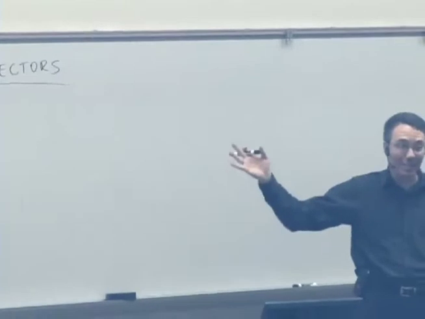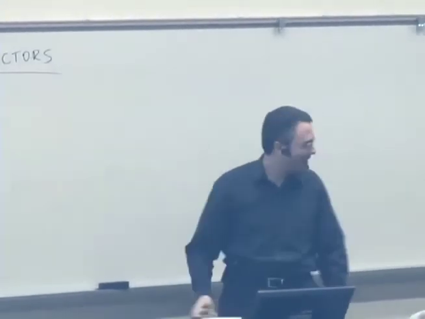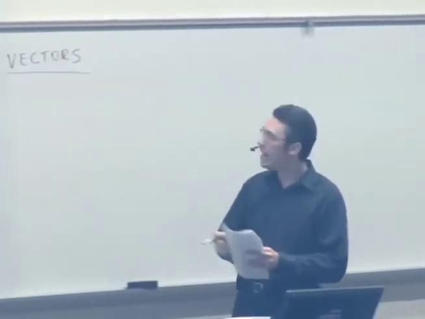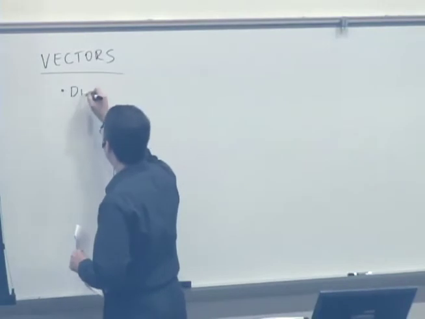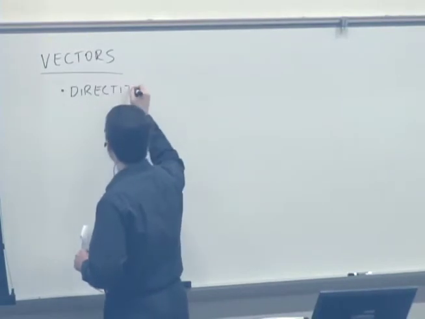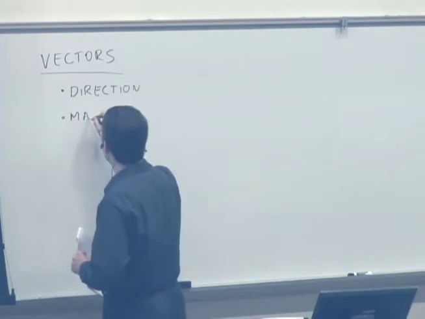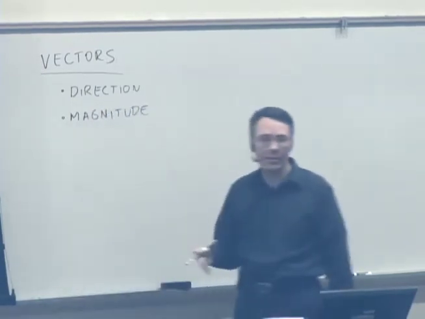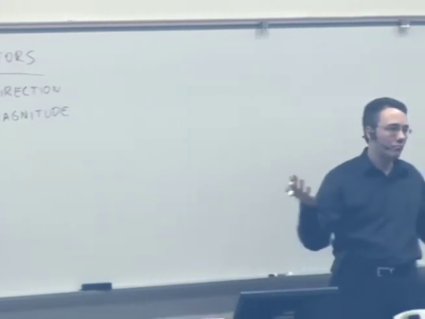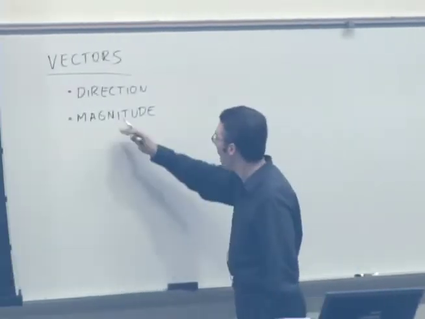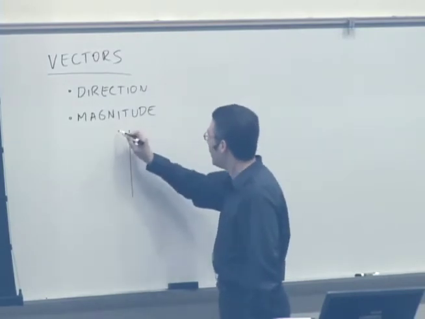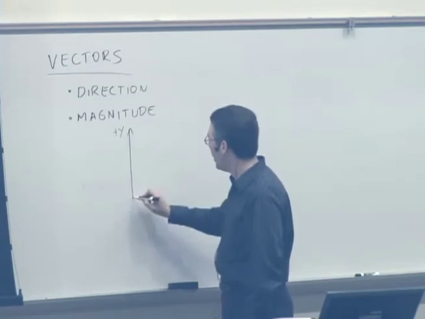Anybody not seen a vector before? Okay, good. What's a vector? A vector has a direction and a magnitude, okay. So graphically, we can represent a vector with an arrow. An arrow looks good because the length of the arrow gives us the magnitude and the direction gives us the direction. So if we have a coordinate system,